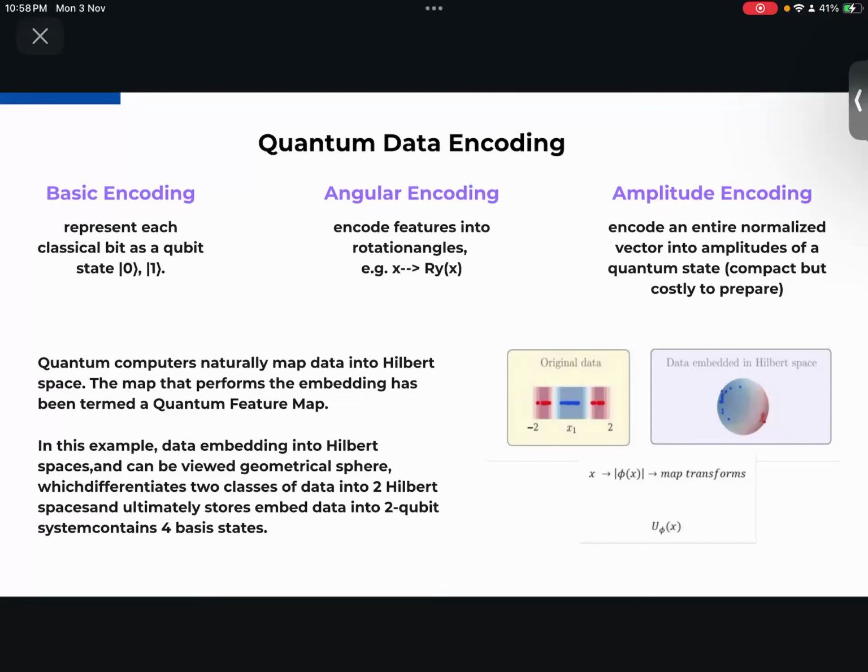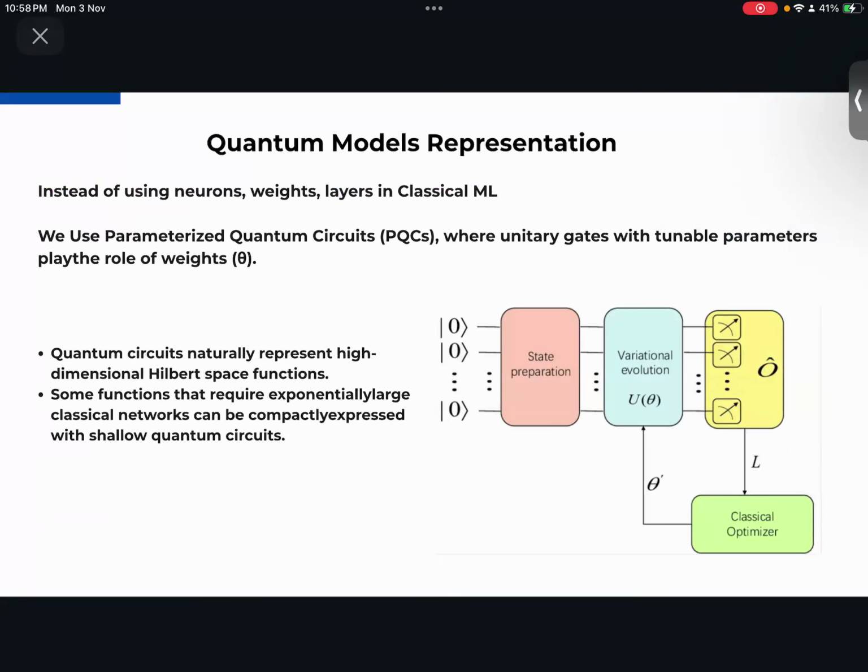The idea is to map the data points into a Hilbert space, where you can transform it using a feature map, which is a sort of quantum function that will allow you to encode the data. For the quantum model representation, instead of using neurons and weights and layers, you use something called PQCs, or parameterized quantum circuits, where you have the unitary gates, and then you have the tunable parameter, which is theta here, and you iterate over this tunable parameter, which is the weight. You keep iterating